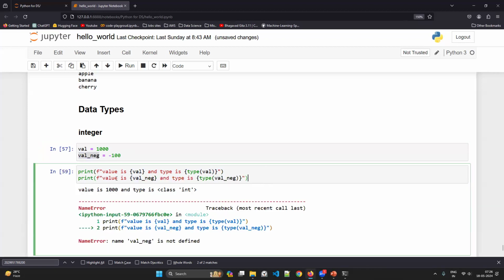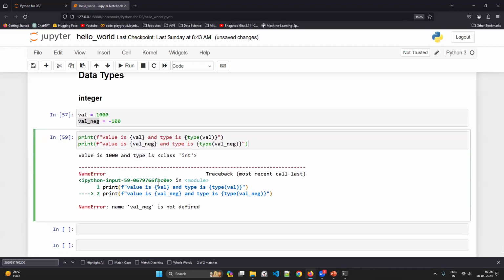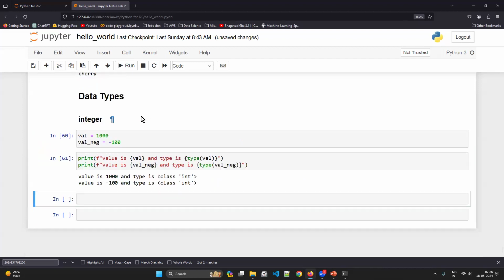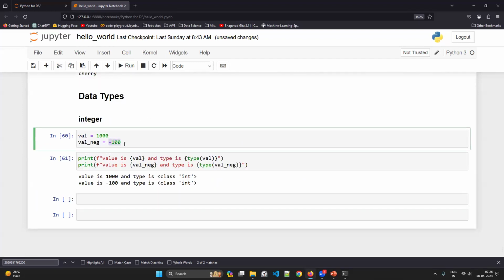The same. What is happening? Okay, see, I have not printed once again, so that's why it is giving an error. See, minus also, unsigned also, it is giving an int. So whatever whole number you are giving will come under this integer data type only. Got it? So next